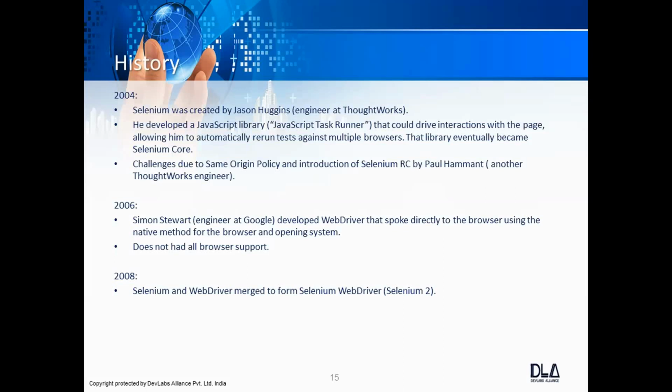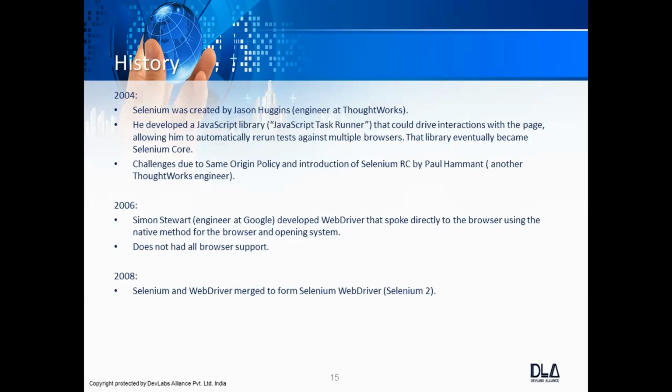This policy is related to security. It says that if a JavaScript code is written within a domain, it can't access any resource or any page outside of that domain, due to security reasons. So let's say a JavaScript program is in the google.com domain.